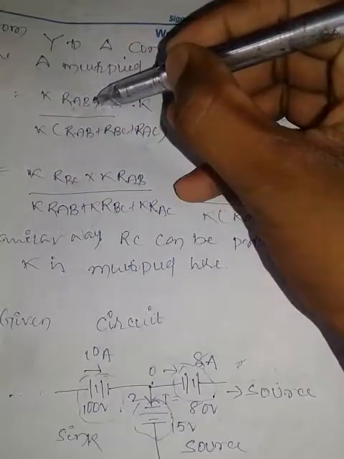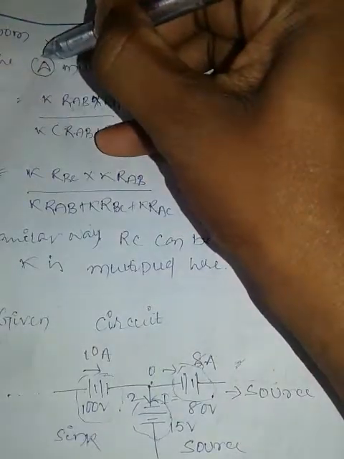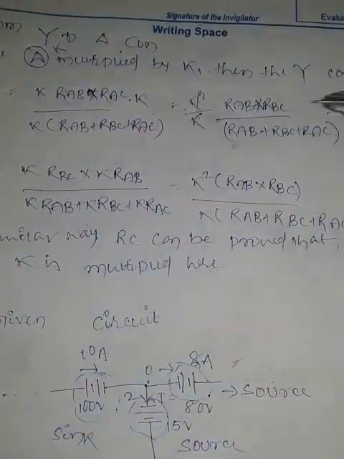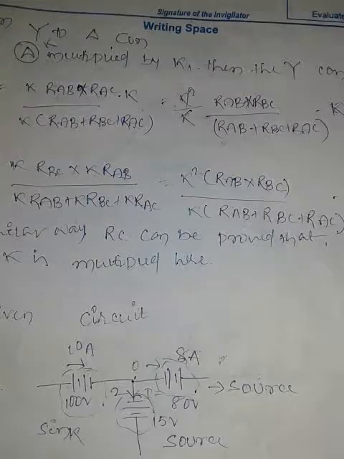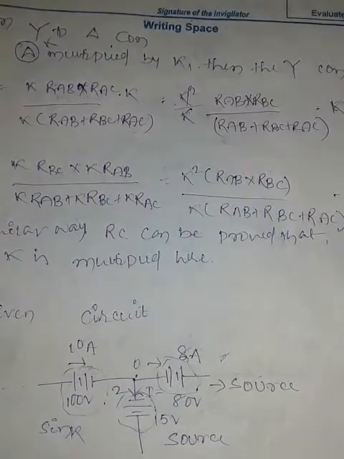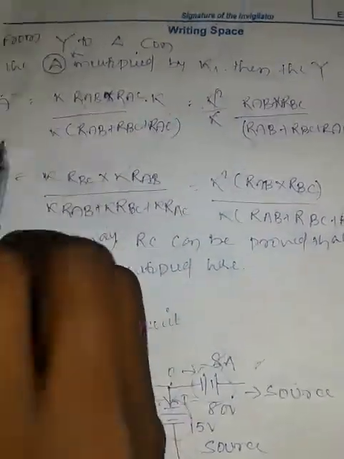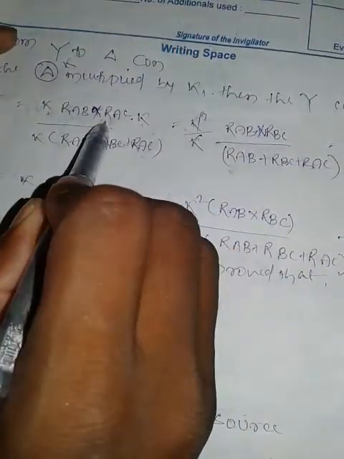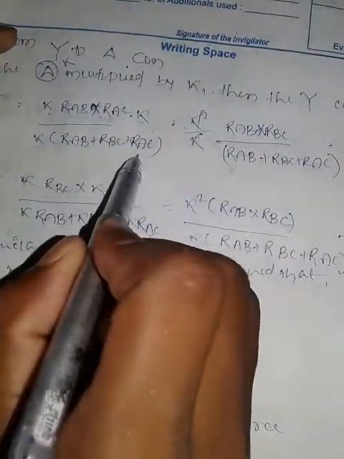In the question they have told us that each delta resistance is multiplied by K. They are asking what the value will be in the star connection. So we calculate first RA. For RA we get K RAB times K RAC by K